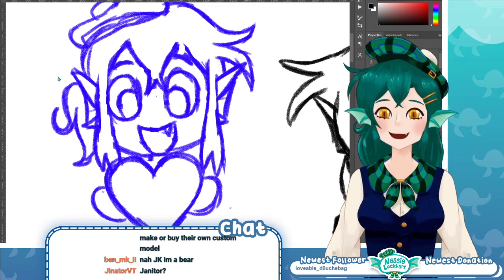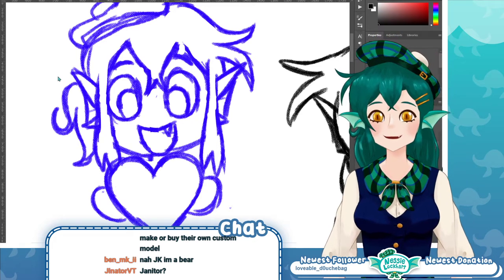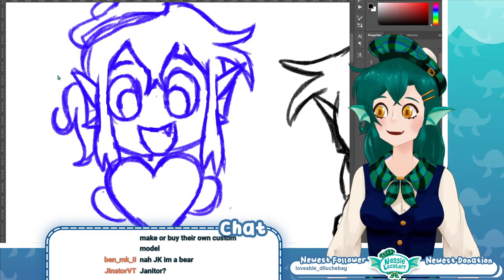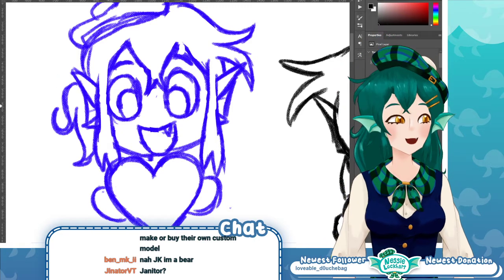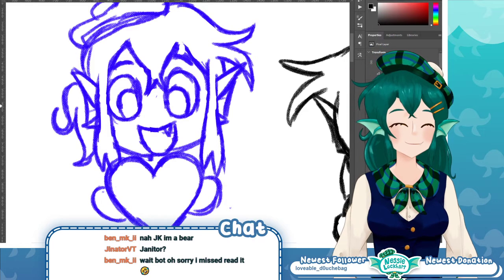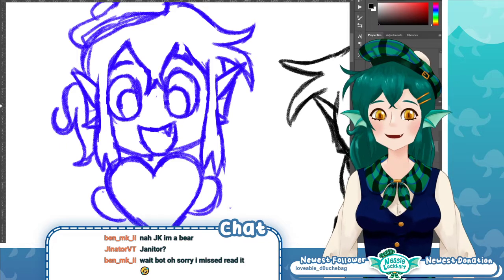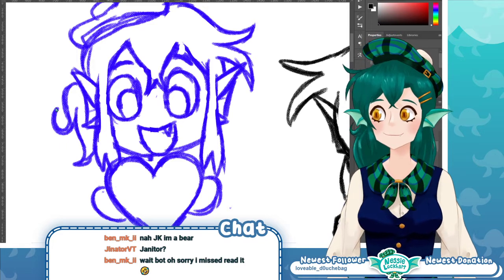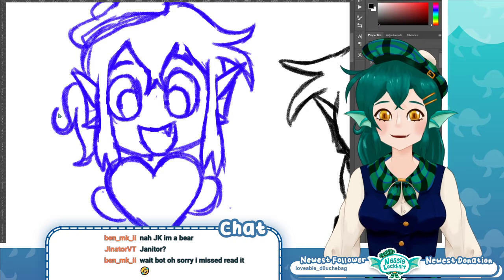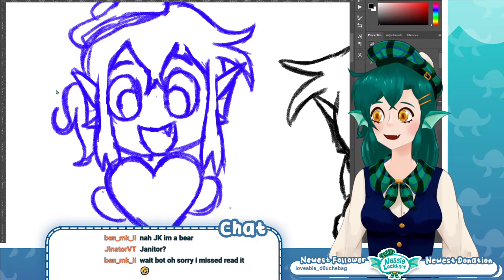Vroid tends to be seen as a lesser model type. People look at it as an option for people who aren't dedicated enough to make or buy their own custom model. Well, I think there are different ways to be a VTuber, whether that's investing money in a Live2D, or investing more time in the content that you make.